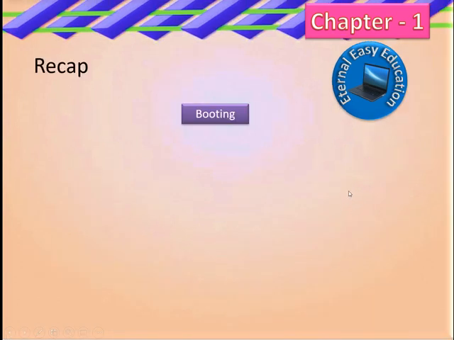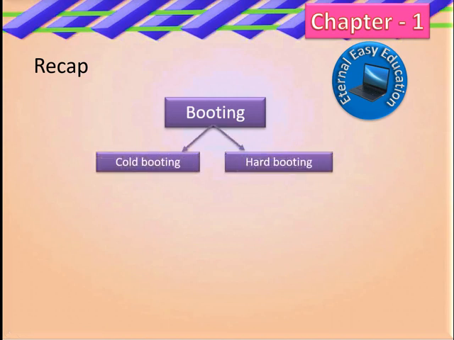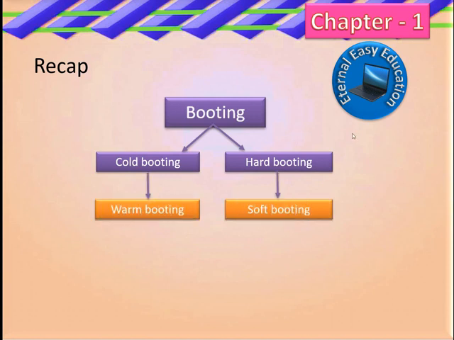So have a recap. What is booting? The process of loading the OS from the hard disk into the RAM is booting. That means the bootstrap loader works after POST and BIOS. It has two types, cold booting and warm booting. Cold booting is hard booting. Warm booting is called